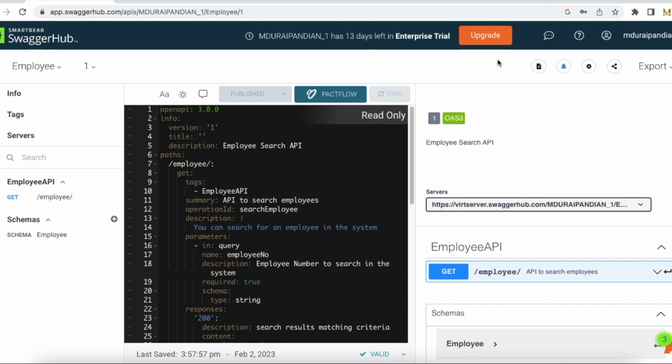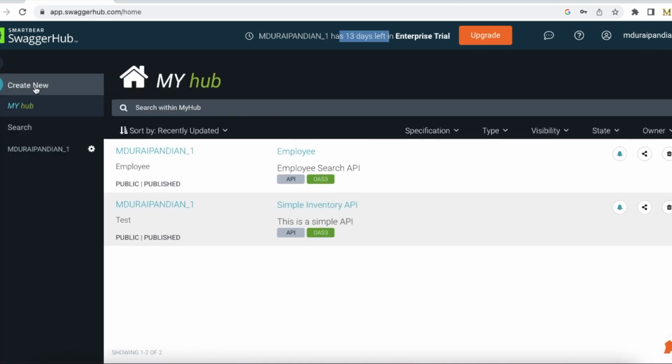For this demo, I'm using Swagger Hub. I'm using the free trial. It is going to expire in 13 days. So sign up for Swagger Hub, and then in Swagger Hub, click create new